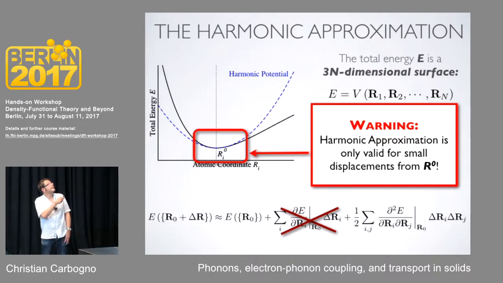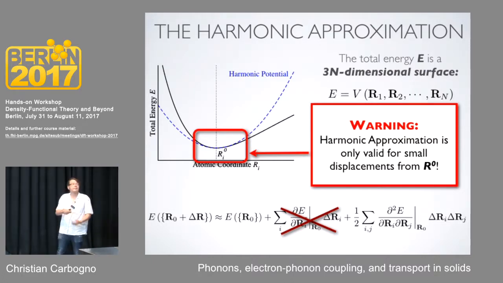This would be the first non-trivial term that needs to be accounted for. So you already see what the main idea of this approximation is. You approximate the potential energy surface close to equilibrium, and this is also its limit as soon as you start leaving this equilibrium position. So you heat your system up and you're far away from here. You see that obviously such a parabola can no longer describe the potential energy surface. So essentially the harmonic approximation is only valid for small displacements at low temperatures.